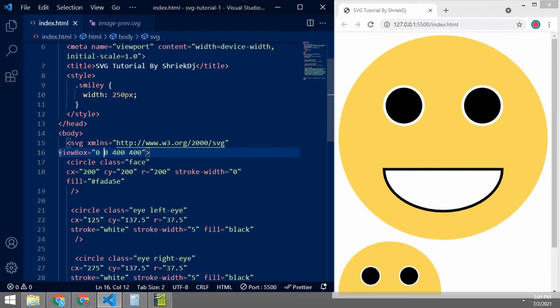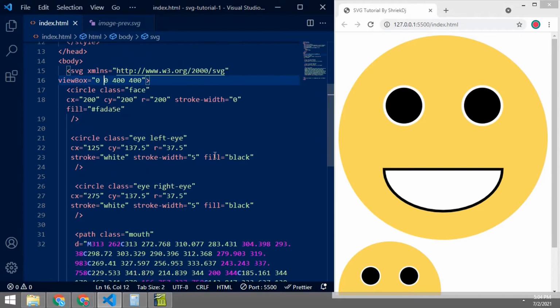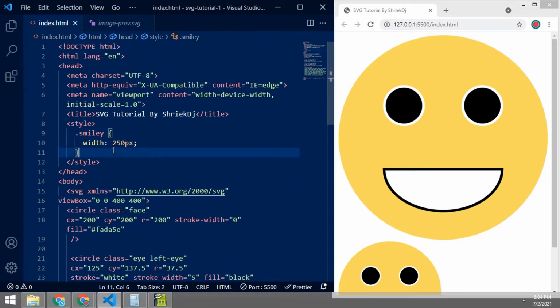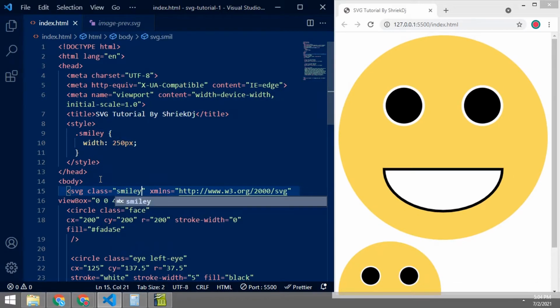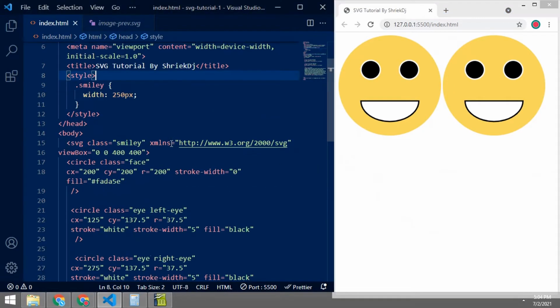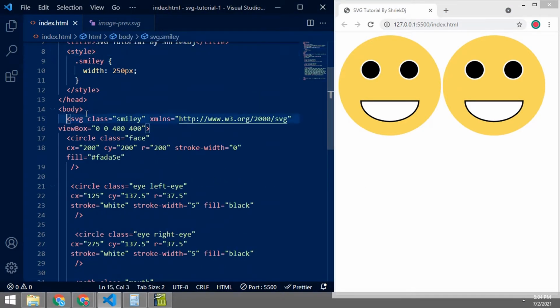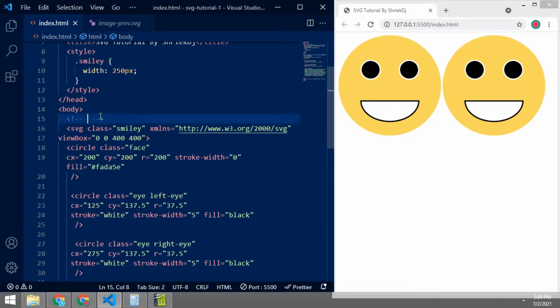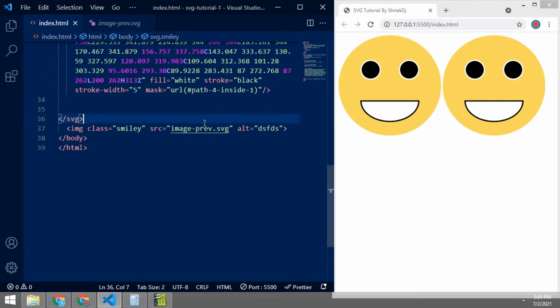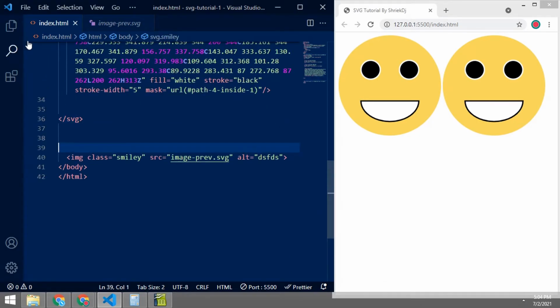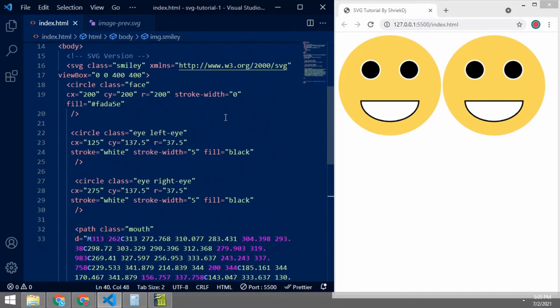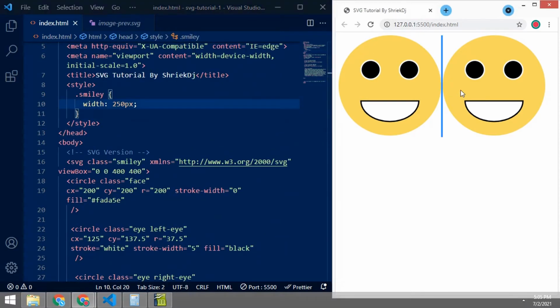We can just add something like that. Our smiley class, as you already seen. Smiley, smiley. See, all the classes are created easily. After that, we need to create and add some content or anything like that. I just make some spaces here.